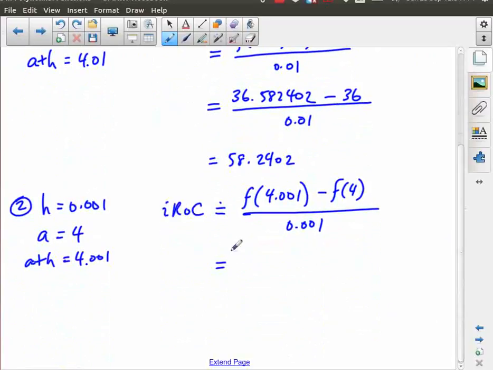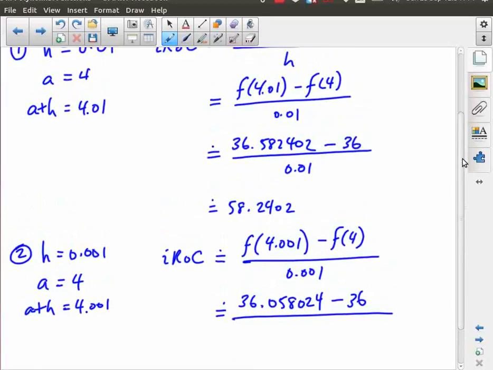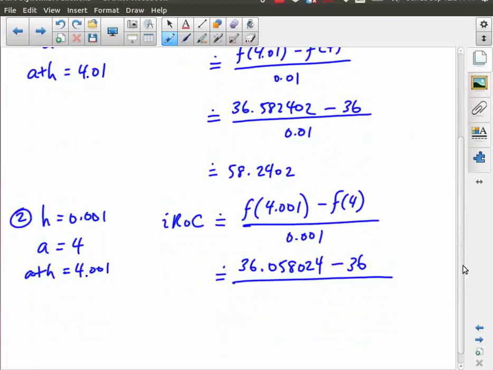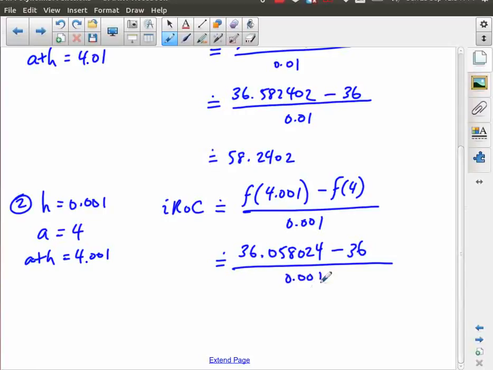And in this case, once again, I ended up with 36.058024. And I actually, once again, didn't have to do any rounding there. And I really should say these are all approximate instantaneous rates of change. None of these are the actual instantaneous rate of change. They're all approximations. Divided by 0.001. But normally, I would go straight from here to here. I don't want to be writing down values if I have to do any rounding, because otherwise I'm going to lose precision. So I have to subtract 36 from that, and then I divide by 0.001, and I end up with